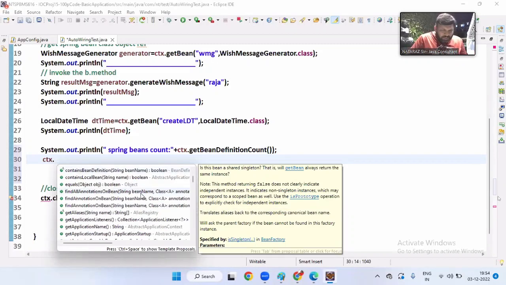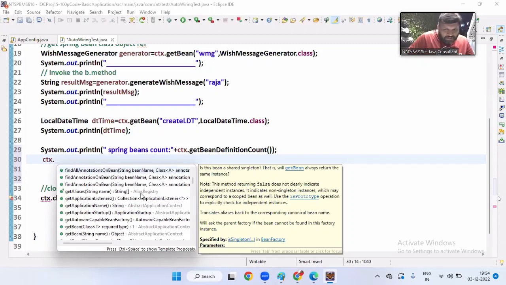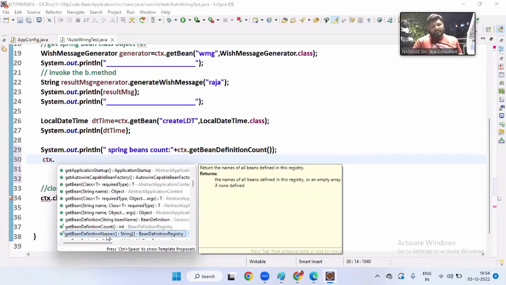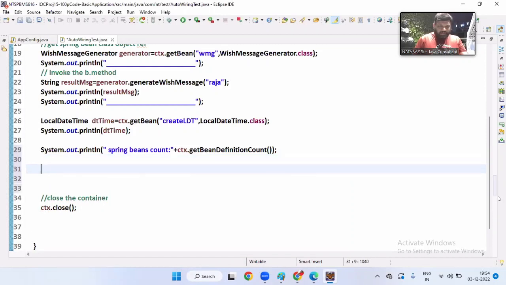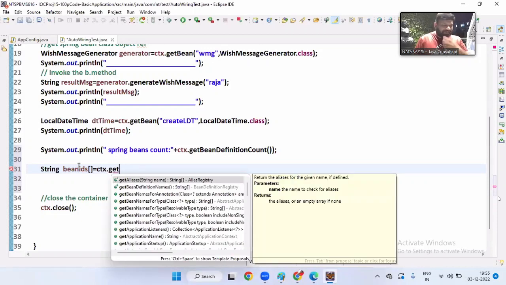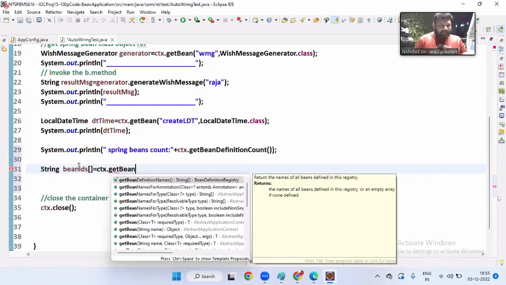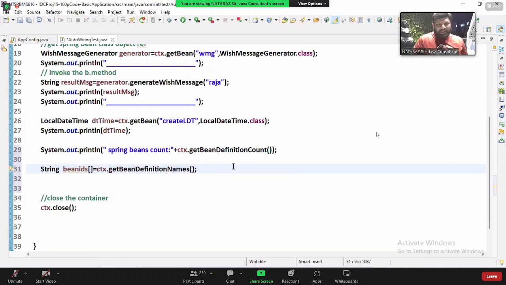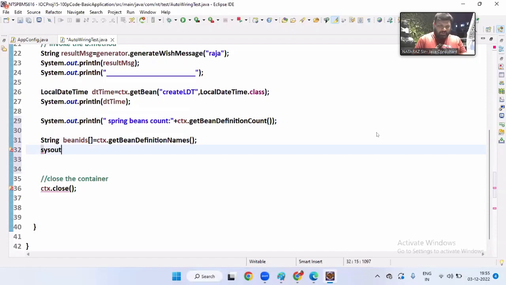Get bean definition names is there now, boss. Which is giving me a string array, right? String array bean IDs. ctx dot get bean definition names. All bean IDs are